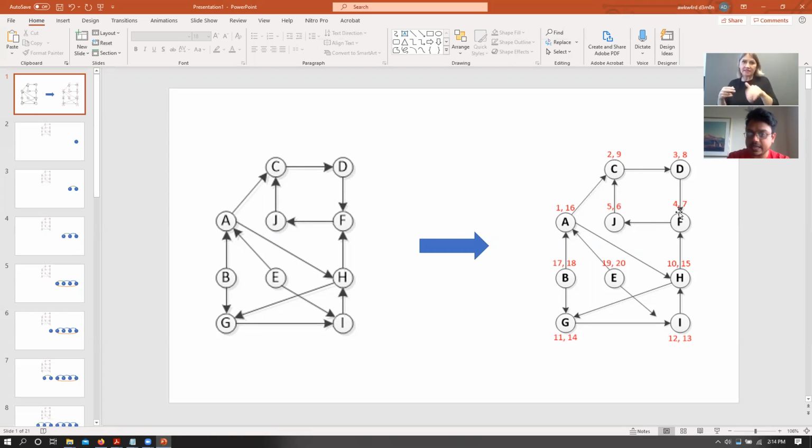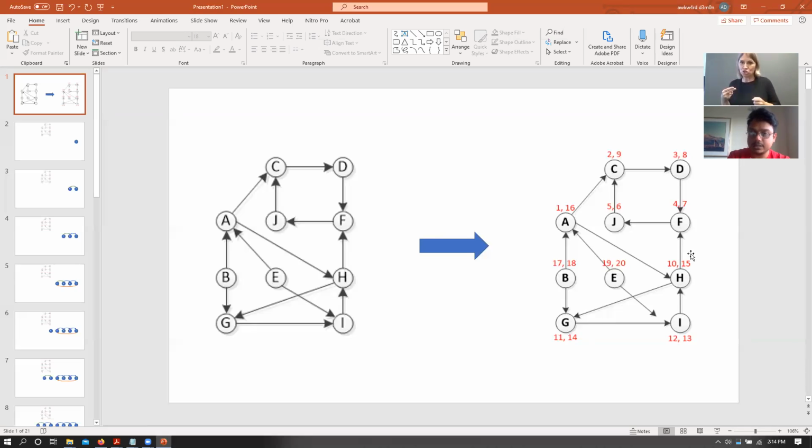All of these 4 nodes have been post visited, but we are still processing A. So once we get to H, then we look at G, then we look at I. And once we are done with I, because there are no other outgoing edges from I that point to a new vertex, we have post visited I. So we have 13 here, then 14, and then a post visit number of 15 for H.